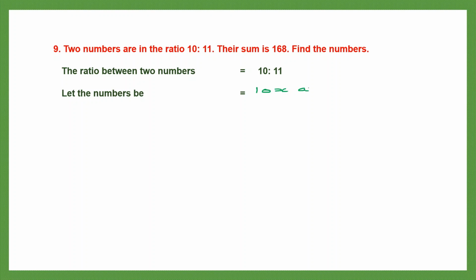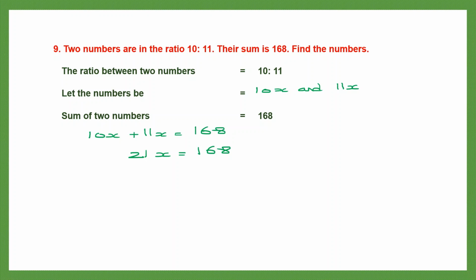So 10x is one number, the second number is 11x. And what else have we been given? We've been given the sum of the two numbers. That means 10x plus 11x is equal to 168. Now 10 plus 11, let's add up the numbers. 10 plus 11 is 21. 21x is equal to